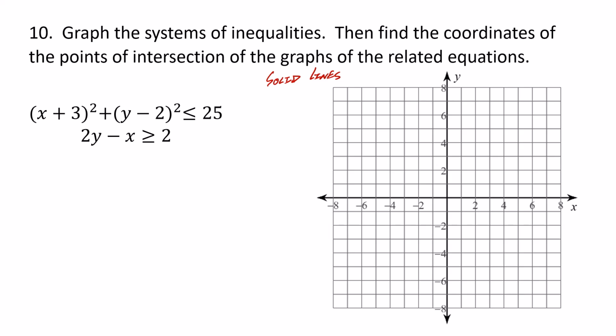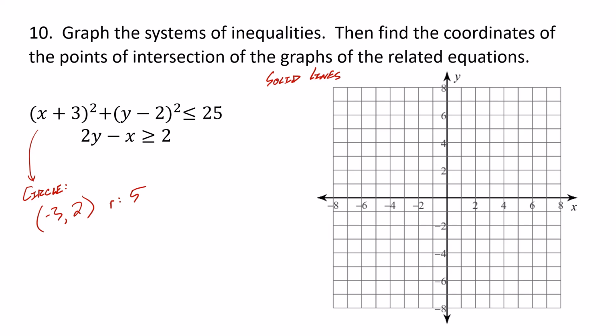And what kind of things do I have? Well, it looks like this top one here is a circle. So let's just maybe state some facts that we know about that circle. We know it has a center at, looks like x plus 3, set that equal to 0, I get -3. Y take away 2, I get +2. So I got my circle's center at -3, 2, with the radius of square root of 25, which would be